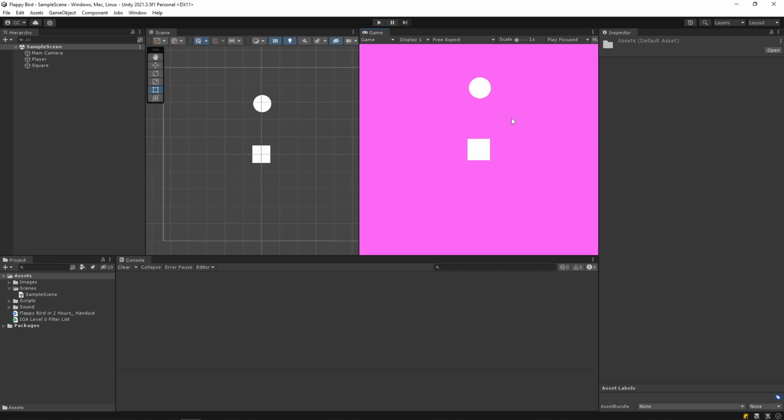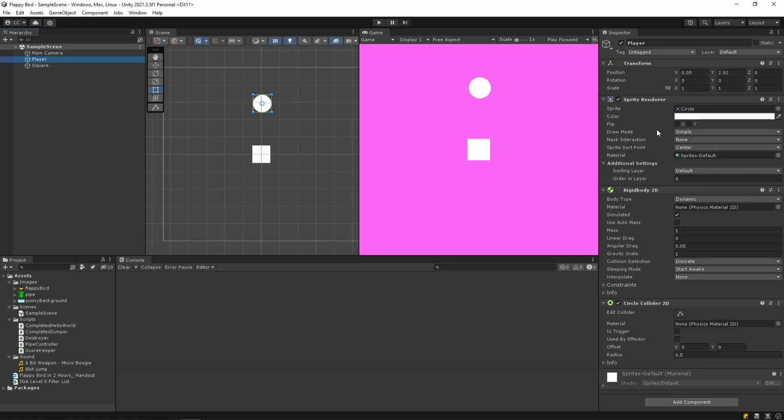So the first way, not the easiest, but a good way to add in an image to something that already has a bunch of components, instead of just remaking the object, we can just change the sprite by clicking on our player, and there's this sprite parameter inside this sprite renderer component. And we can just drag it from our project window straight onto that circle. Really convenient. It gets really huge, but we'll fix that later.